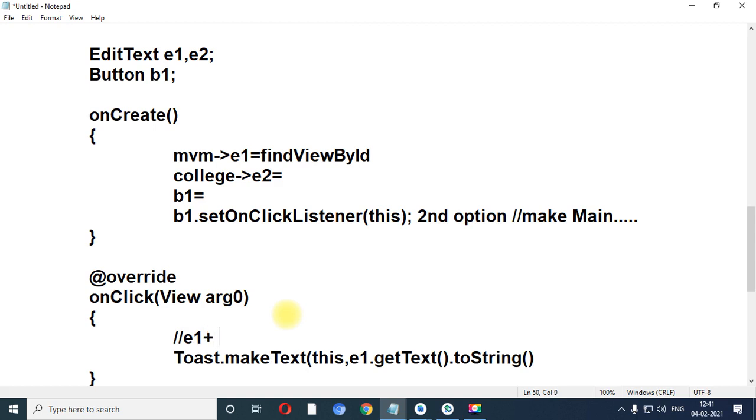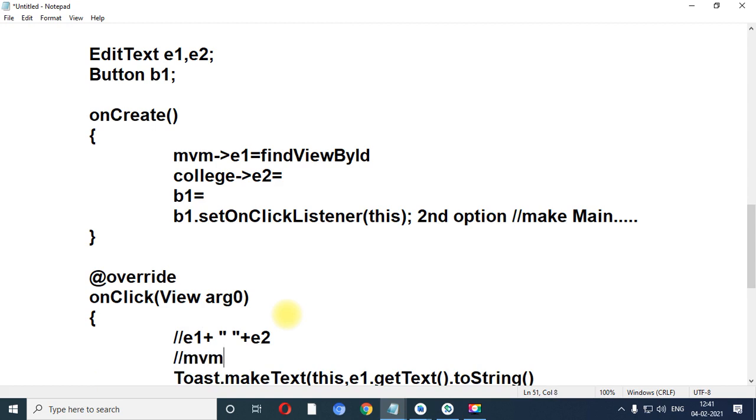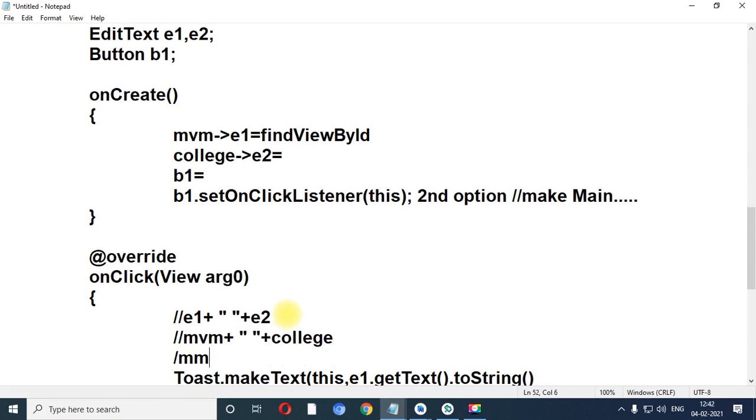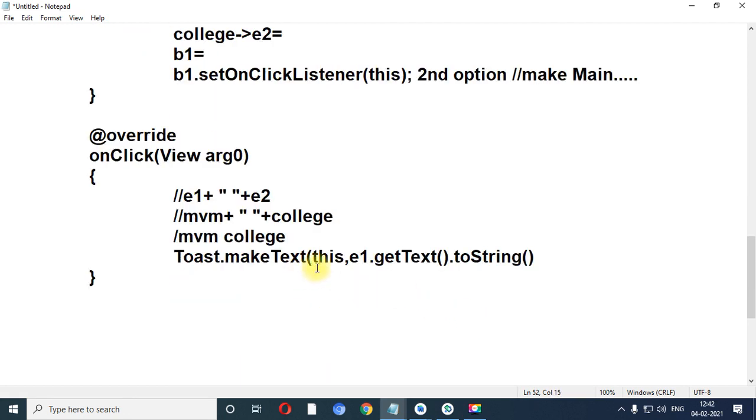E1 plus space plus E2, that means MVM plus 1 space plus college. So I will get the MVM college string in this way. So for that, E1 dot get text dot to string, then for concatenation the plus sign is used, then in between double quotation you need to put 1 space for this purpose, right?